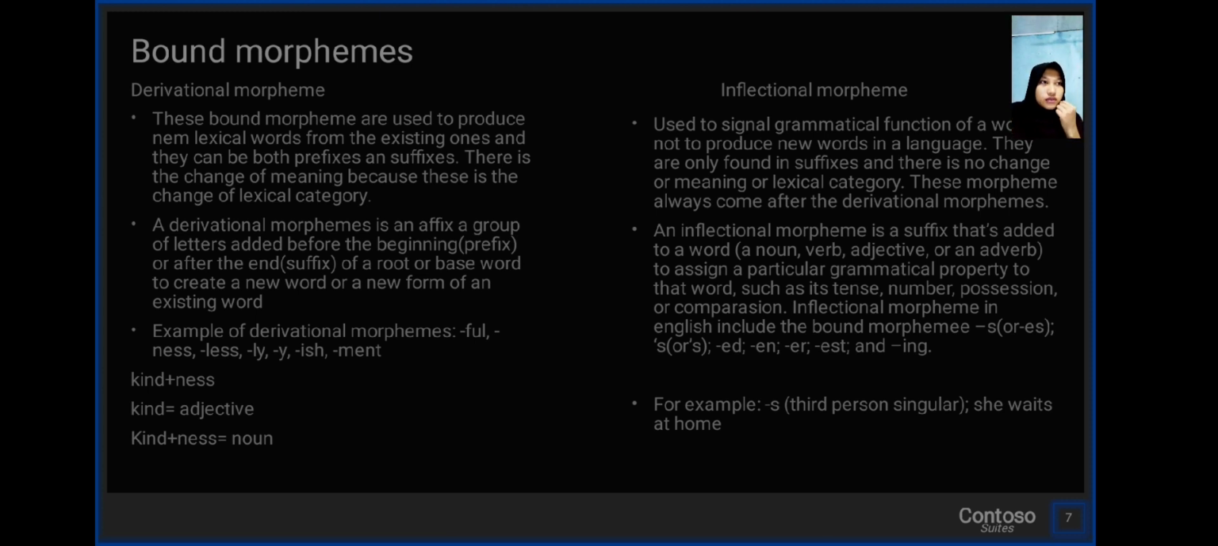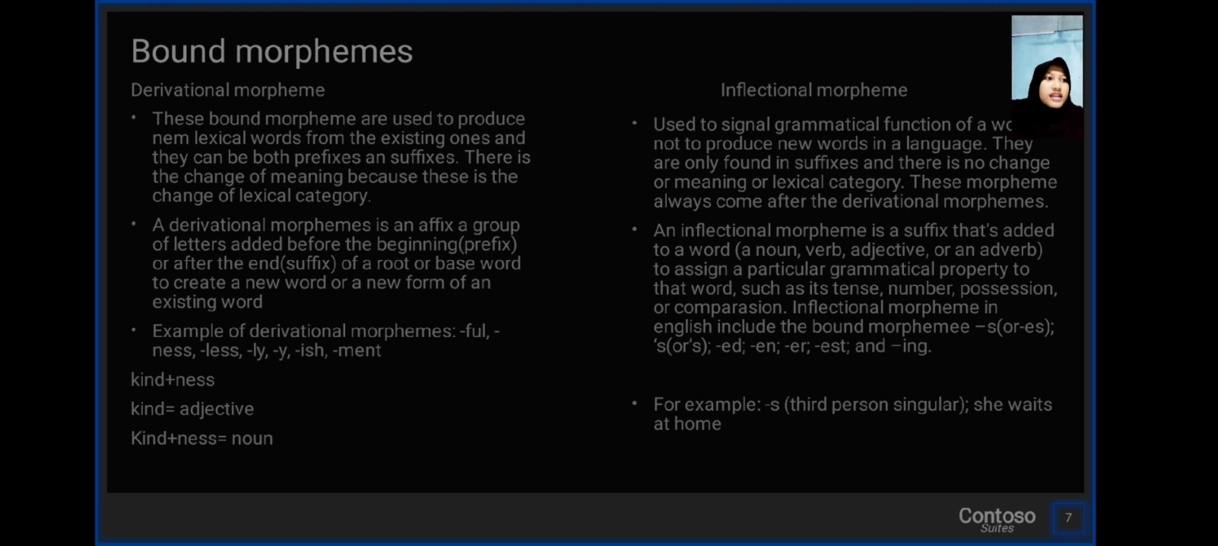Next is the inflectional morpheme. Inflectional morphemes are used to signal the grammatical function of a word, not to produce new words in a language. They are only found as suffixes and there is no change of meaning or lexical category. These morphemes always come after the derivational morphemes. An inflectional morpheme is a suffix that is added to a noun, verb, adjective, or adverb